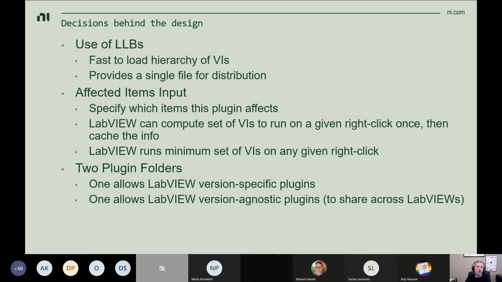So one of the things that we decided pretty early on is that right-click plugins would be packaged as LLBs. Now, LLBs get some bad press. People don't like LLBs. They don't like that they aren't really that compatible with source code control, because now you've got one file, but it's got several VIs inside that file, and it makes version tracking harder in source control, which is a totally legitimate issue. Another concern is that LLBs can sometimes get corrupted. That doesn't really happen anymore. It used to happen years and years ago. I'm sure it does happen, but it's a lot more rare now. But